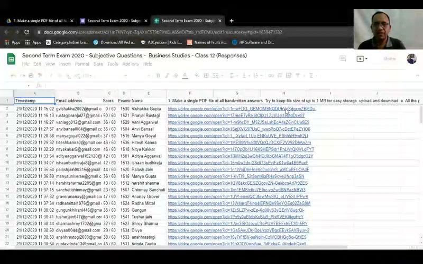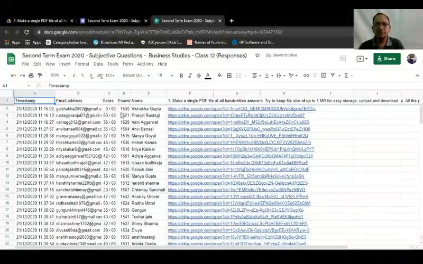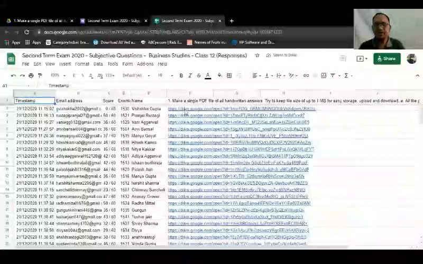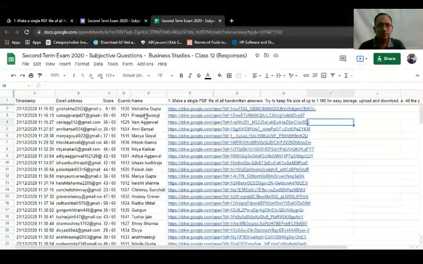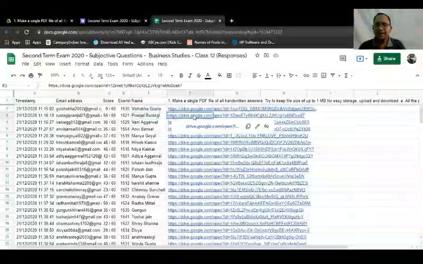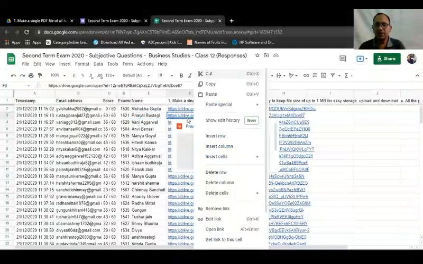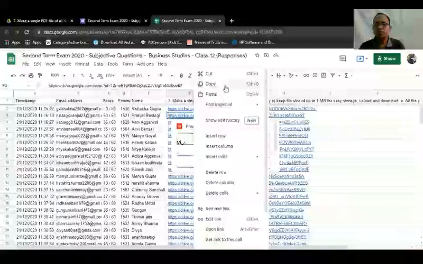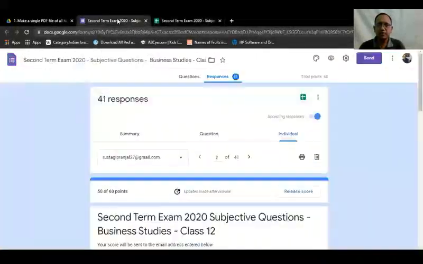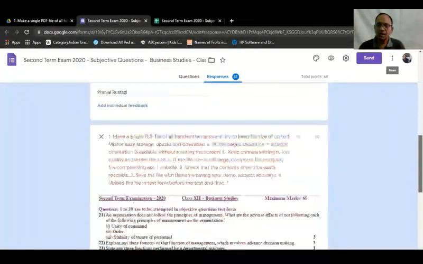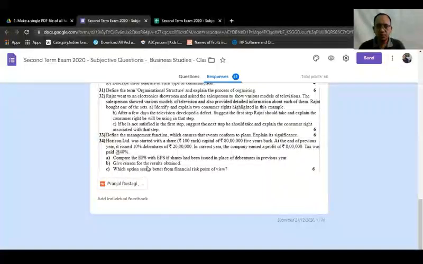And the spreadsheet with the details of all students, their PDF links comes. Now we had checked the paper of this second student just now. So right click on the PDF link over here and then click on copy. This link will be copied. Go back to the tab where you have your form. Again go to the question where PDF was uploaded.